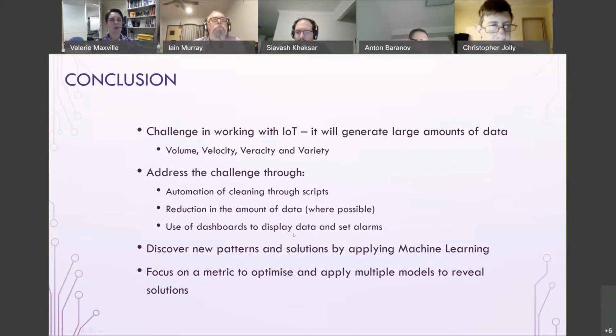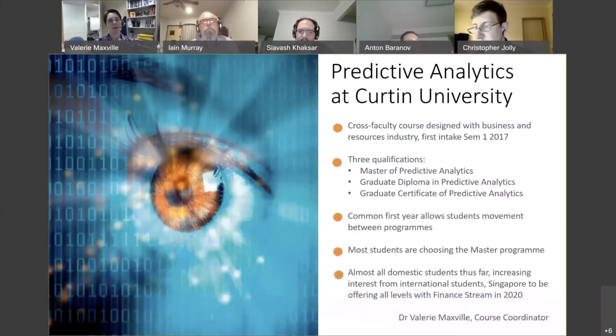I guess at that point we've taken you through your MicroMasters in IoT, and Ian will talk more about that. But another option or a future space that you might want to come into is predictive analytics at Curtin University. So we have the Masters of Predictive Analytics, the Grad Dip and the Certificate, so 3 versions that take 6 months, a full year, or 2 years. And that gives you a very strong basis to be able to apply these machine learning tools in the real world or to your